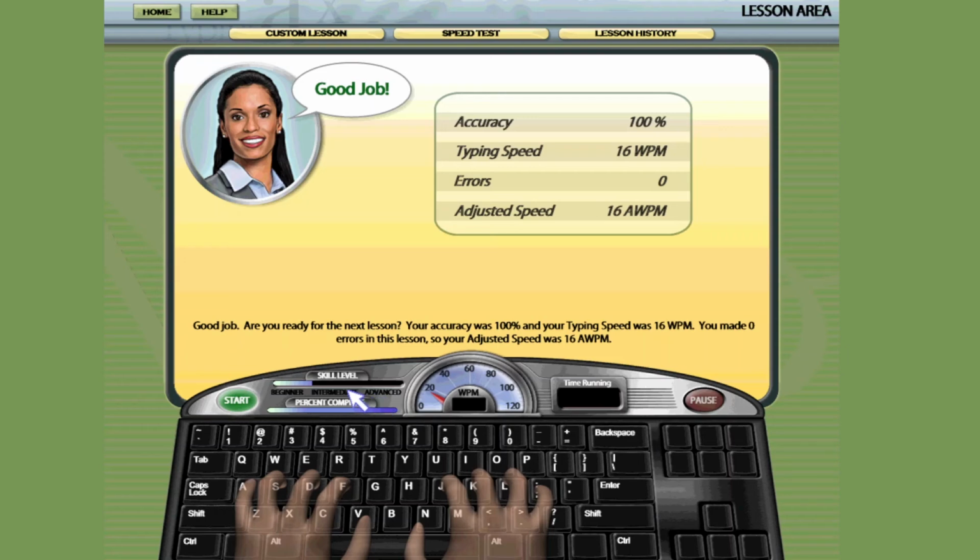Now, if you want to be a professional typist, you aim for the advanced level, where you keep typing with good accuracy and good typing speed without errors. Mavis Beacon will keep promoting you to the next level. You get to the intermediate and you get to the advanced level. Now, your target is to get to the advanced level to become a professional typist.